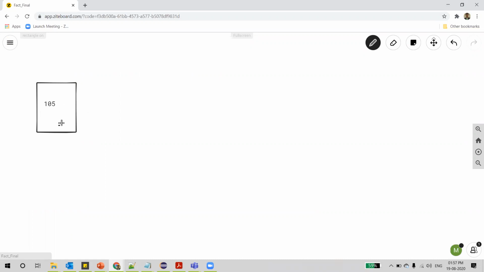There is a hint on the lock saying that the key to room number 105 is present in room number 104.